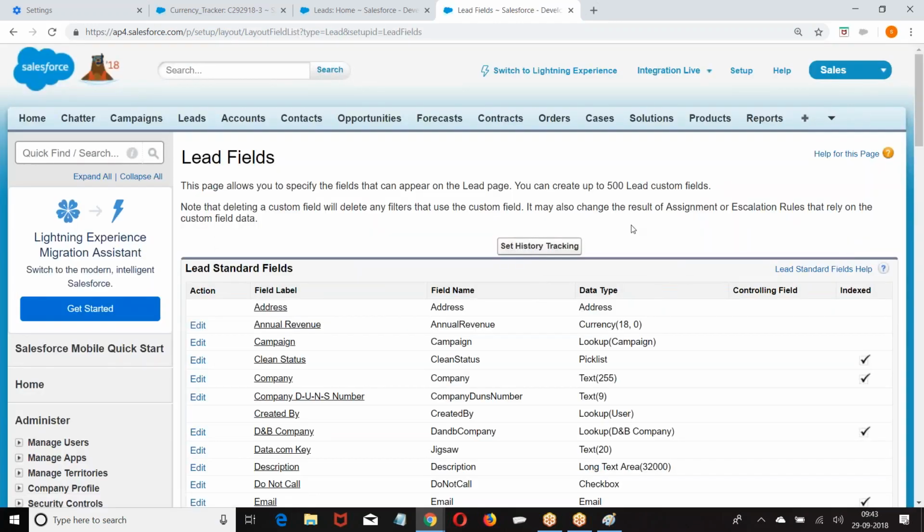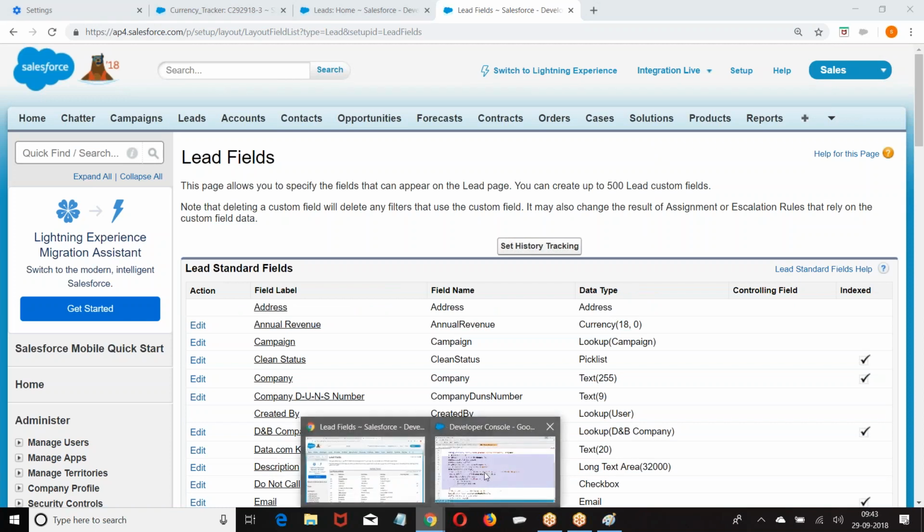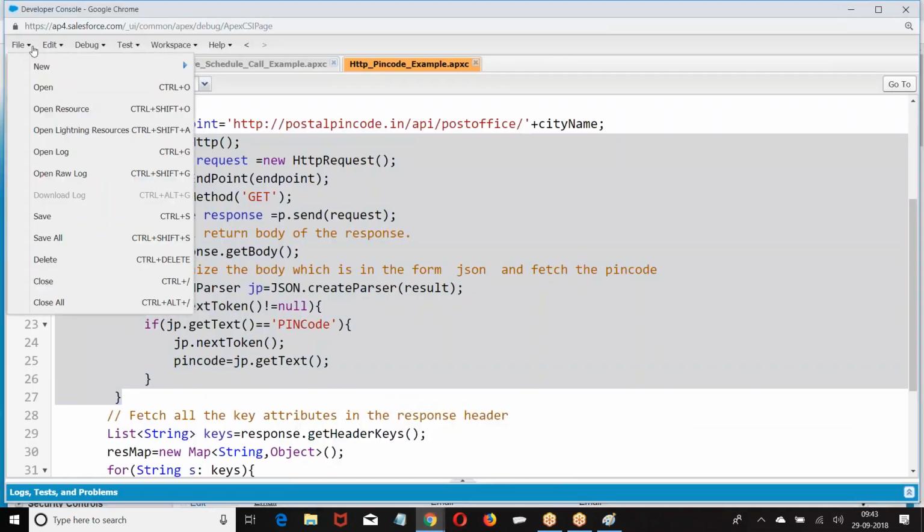So whenever a new lead is created, automatically make a web service call to third party. Based on the place, identify your pin code, update the pin code. This is my requirement. So how am I doing this? I decided to go with trigger concept.